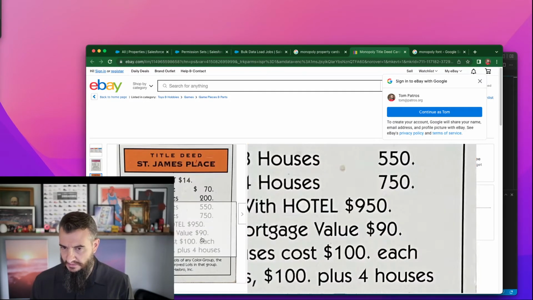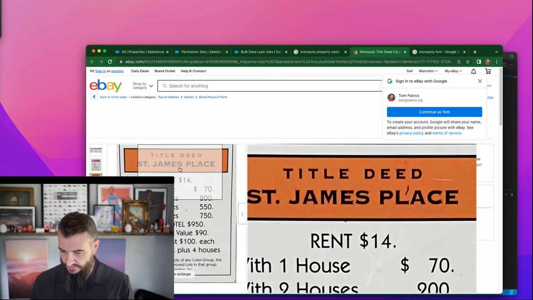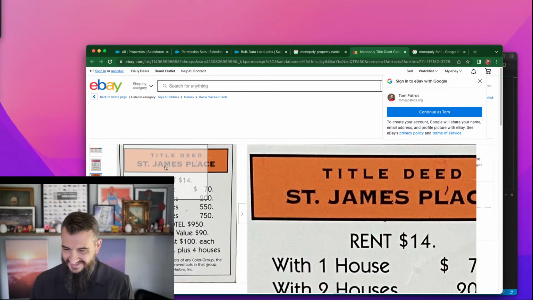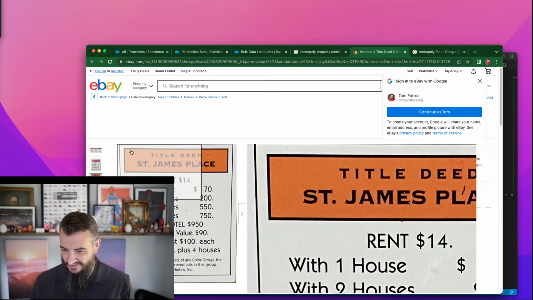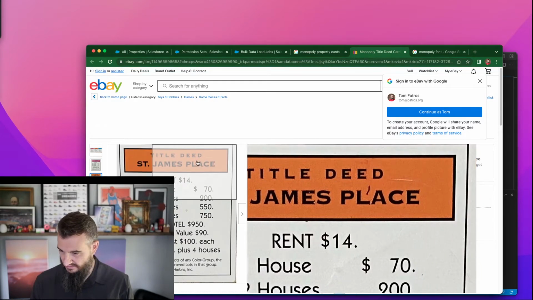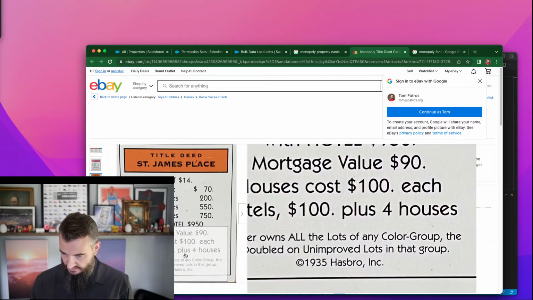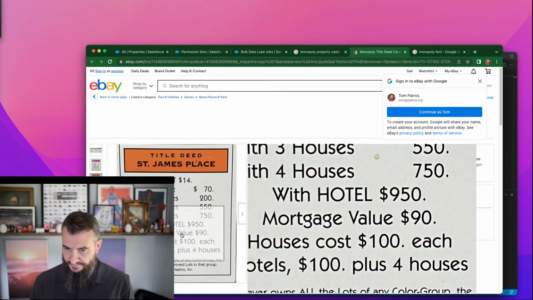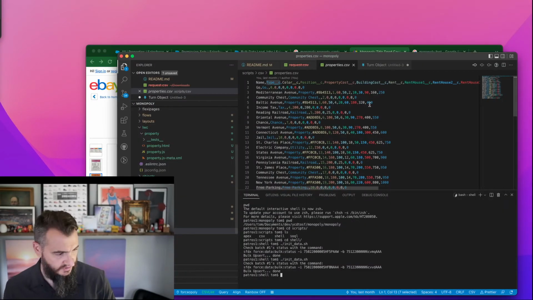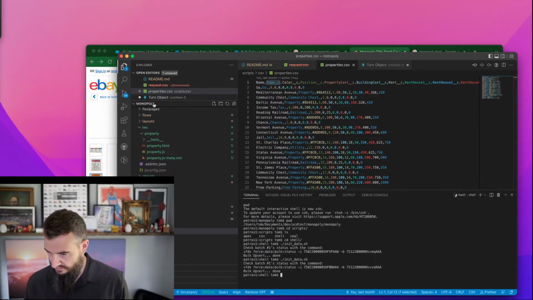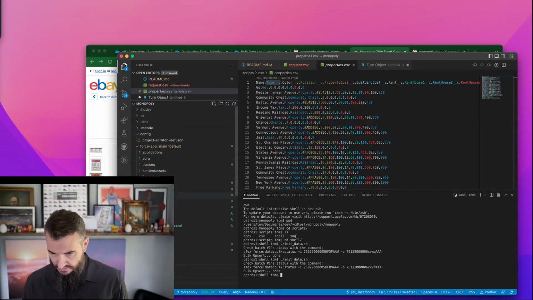We need a card, so we need a square. And then we need another square to put the stuff in. And then we need the rent and everything else. So, basically a bunch of merge data here. And let's get our